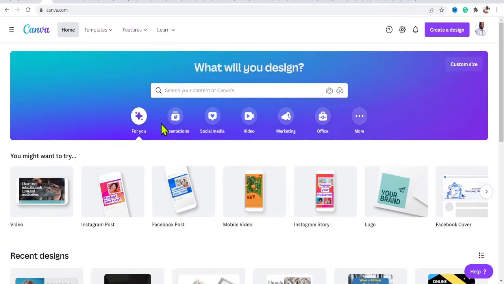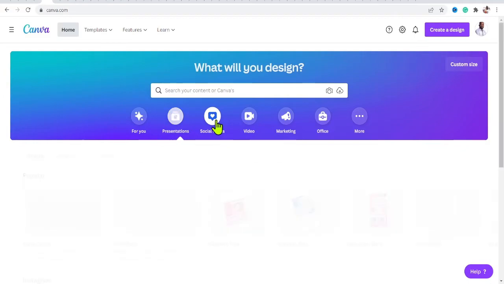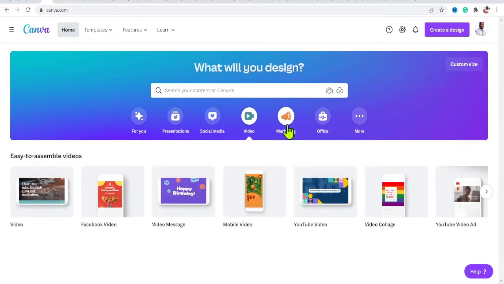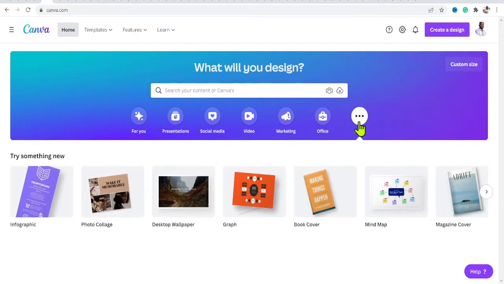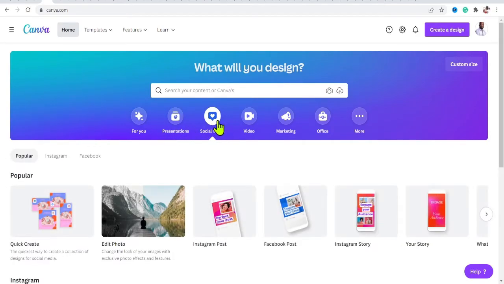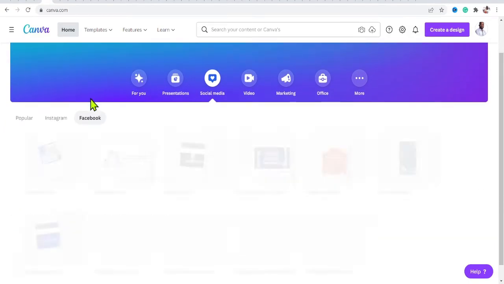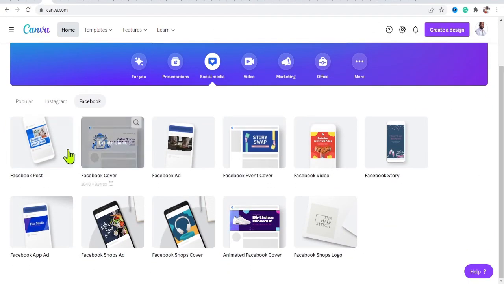So here you can pick different types of templates. Let's say, for instance, you want to make social media designs, or create videos, or make designs related to marketing. From here, you can choose any of these and then pick a specific template to start making your own designs. If you wanted to make a social media design, you can come here under social media. You can see we have popular, Instagram, and Facebook. If I needed to make a Facebook design, I'll click Facebook, and it shows a whole lot of design templates